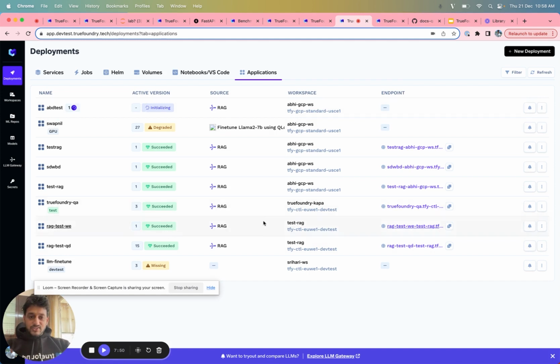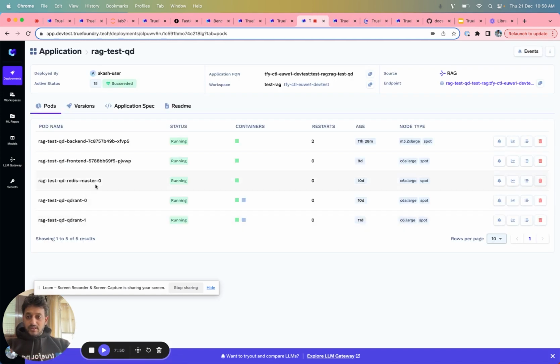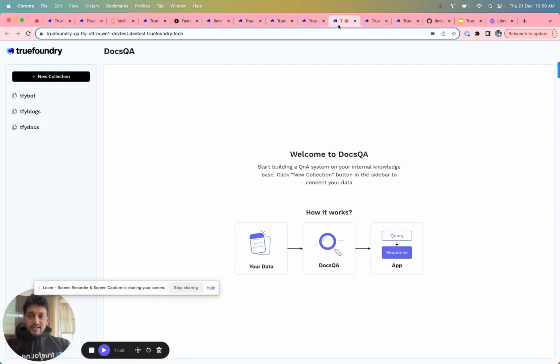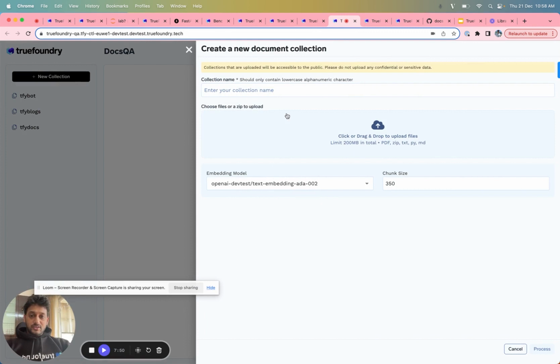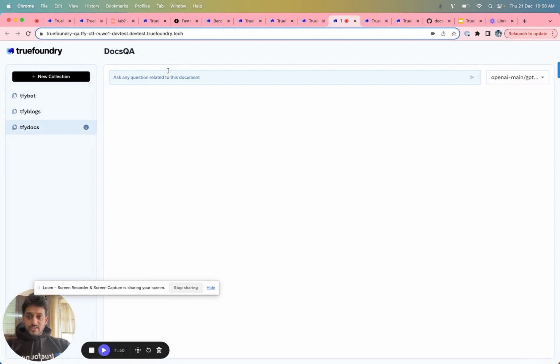So let's take an existing RAG application and see what happens. Let me open it so that you get a sense. All of these components, including Qdrant and Redis, everything is running here. In this, you are able to create a new collection, give it a collection name, upload your documents, and select the embedding model, and it will start creating the collections for you. But if you already want to start using it, you can use your previous collections, and you can start asking it a question: how to deploy a service